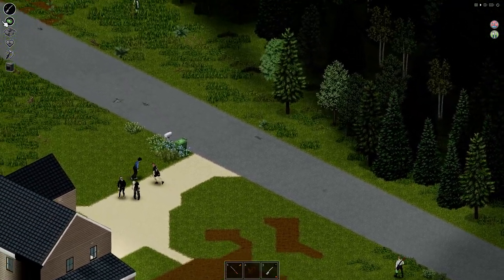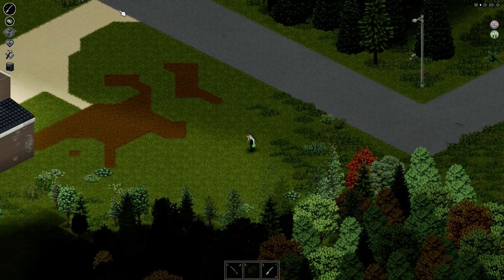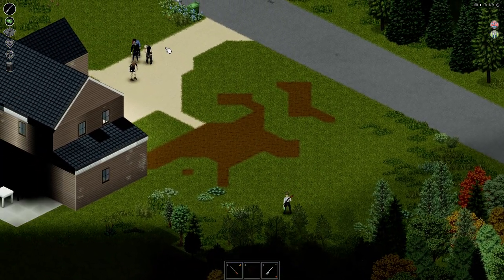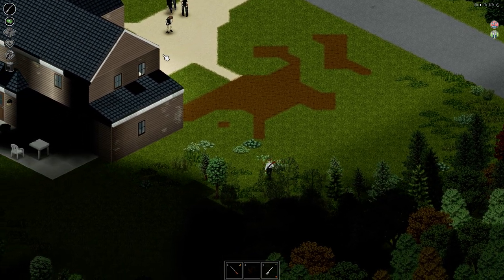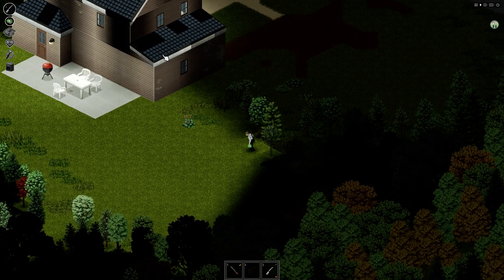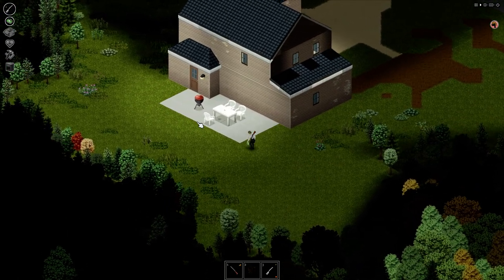There's about 4 clustered there, all in a group. I wonder if I can sneak around the house and check the house without worrying about them. We'll just keep an eye on them, and if they spot me, we'll deal with them. But as you can see, the back of the house is clear. Now, assuming this house does not have an alarm...